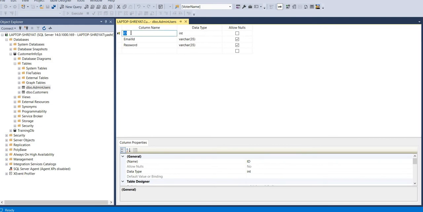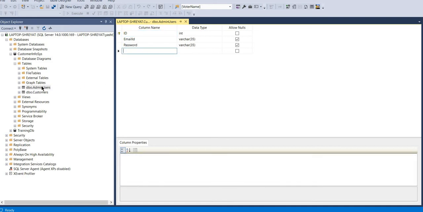I have the ID column here, which is of type integer. Okay, I set it as a primary key, then email ID and password. This table is only used to log in to the site. It means this table is only used to check the credentials, so the admin will log in and go and create the customer detail.